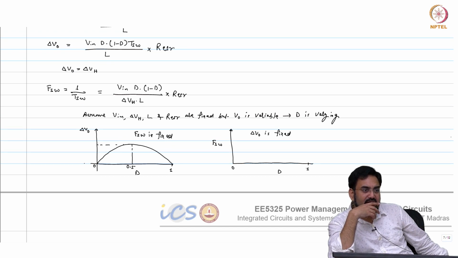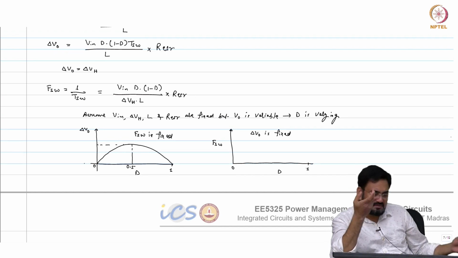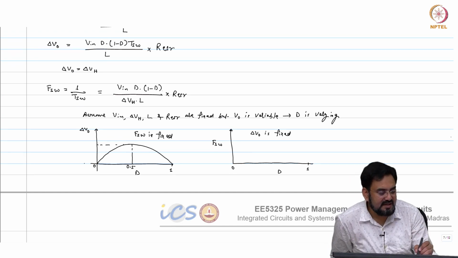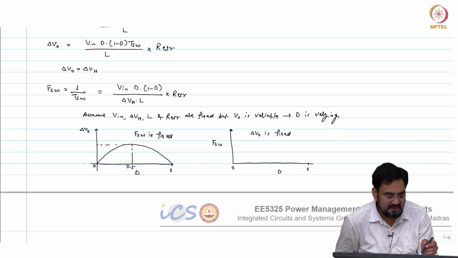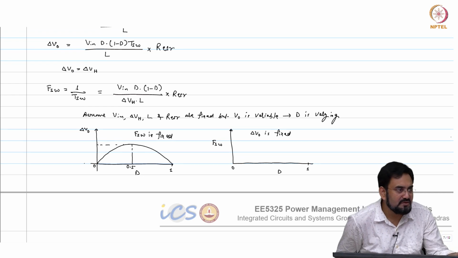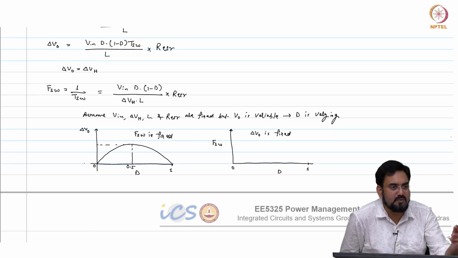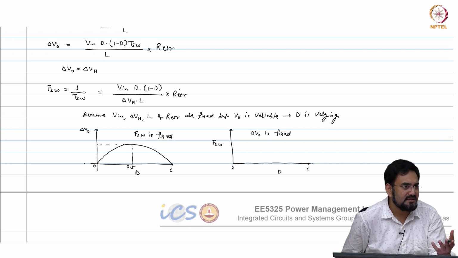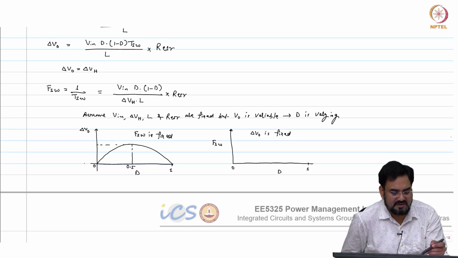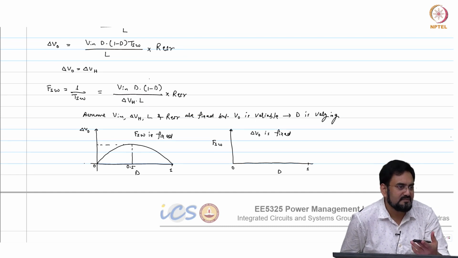What? Triangle? How come triangle? It will be parabolic, huh? Same. It is proportional to D times (1 minus D), correct? So at 0 and 1 it will be 0 because it will not be switching at all. Let us take the case 0.1. So, 0.1 into 0.9 which is 0.09, pretty close to again 10% duty cycle, and if you take the other case, 90% duty cycle, then again same.